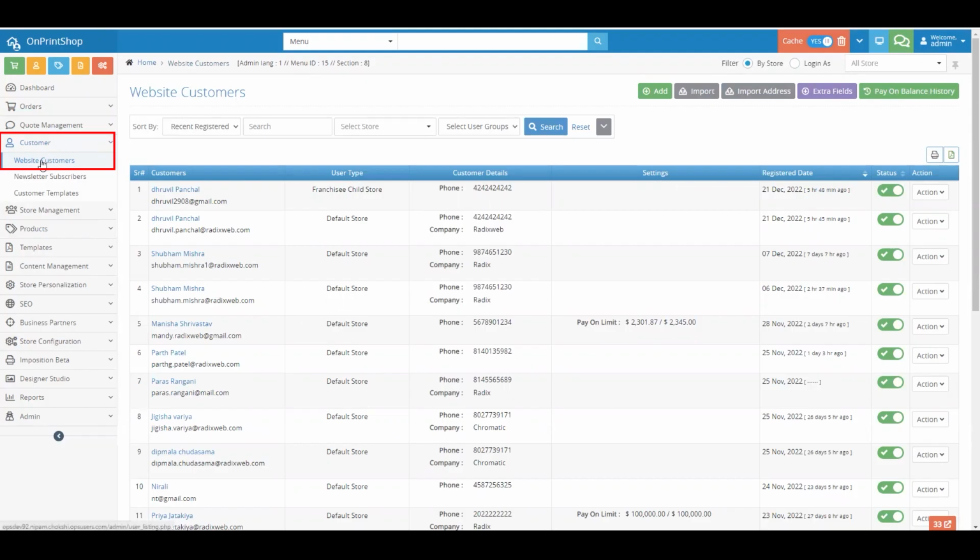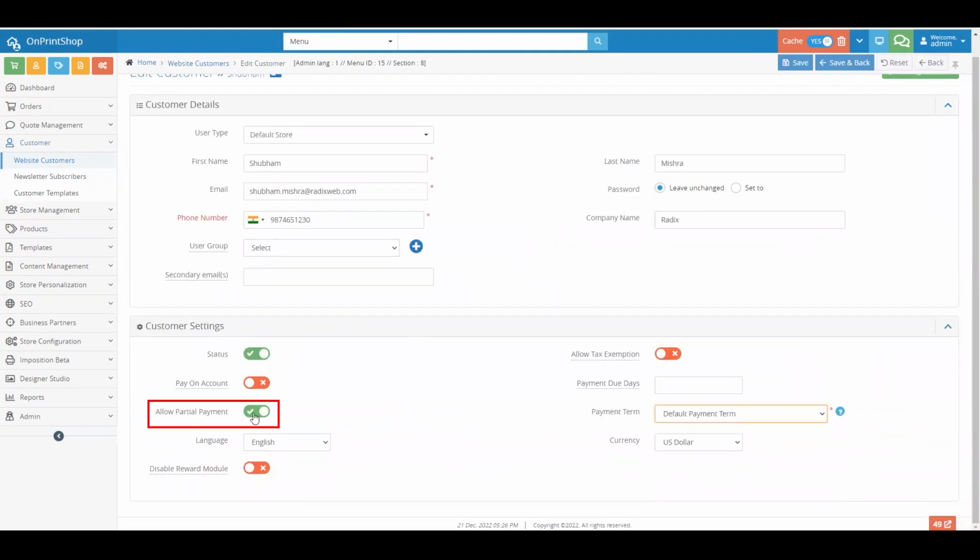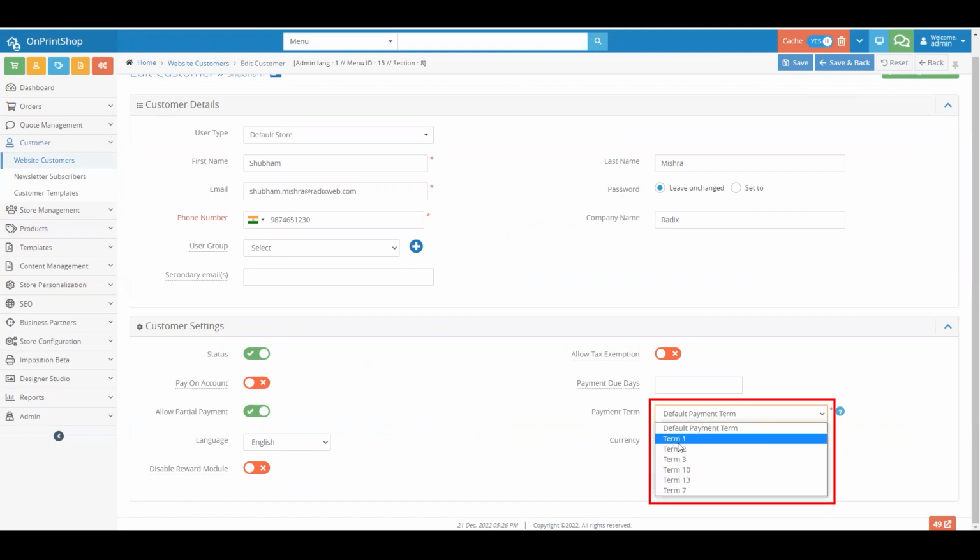To activate partial payment, we have to go to the Customer section, and here we can assign a term by clicking on Action, and Edit. In Customer Settings, you can see there is a Partial Payment button. If you keep it disabled, it will not show any term. When you enable this button, there will be a payment term drop-down you will see, where you can choose default